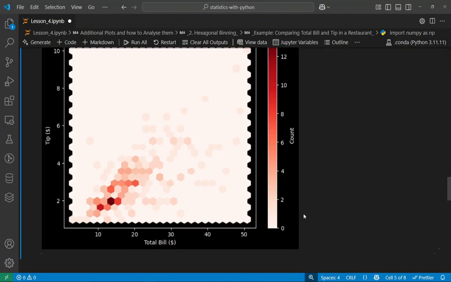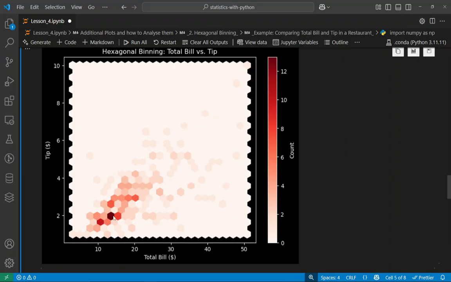Here you can see that on the x-axis we have total bill and on the y-axis we have tips. So what is the meaning of this circle being the darkest one? This means that this is almost $12. This means that most of the people in the restaurant order food equal to $12 or close to it, and they also give a $2 tip to their waiter.